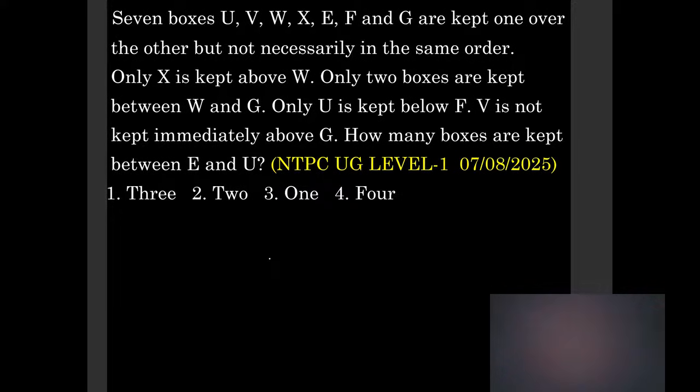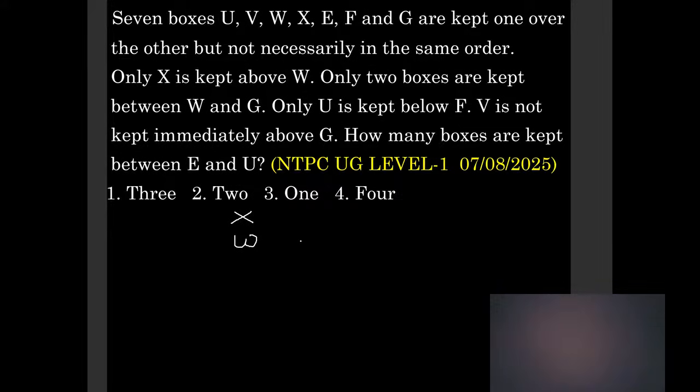Okay, so let us take W here. When you compare from the top, W is the second one, because they clearly said that only X is kept above W. That means no other box should be above W except X. So I am taking X and W. W is second from the top and X is the top. Next,